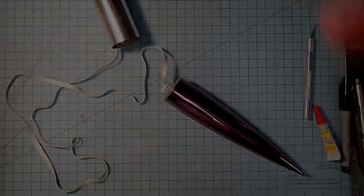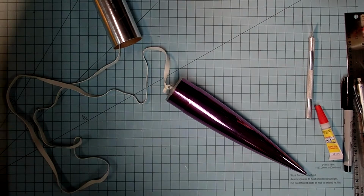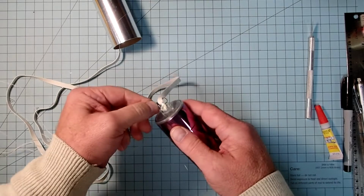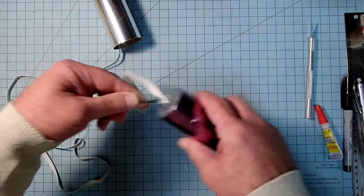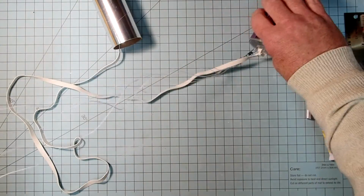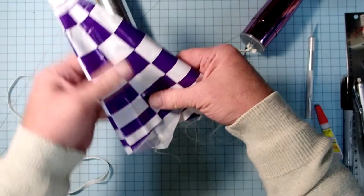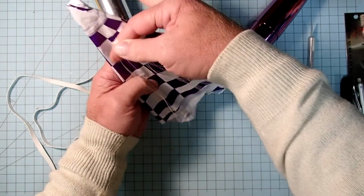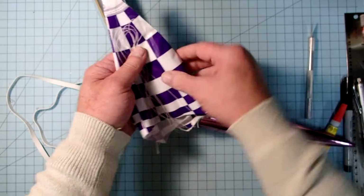I've let the glue on the shock cord mount dry for about an hour, and so now we can go ahead and put everything together. So I will attach my parachute here with my snap swivel. Okay, now I'm not going to launch this right away, but folding the parachute goes about the same way. So just fold it into a triangle here of about that size. Take the shroud lines about halfway down them and just loop those up into the parachute, and then fold